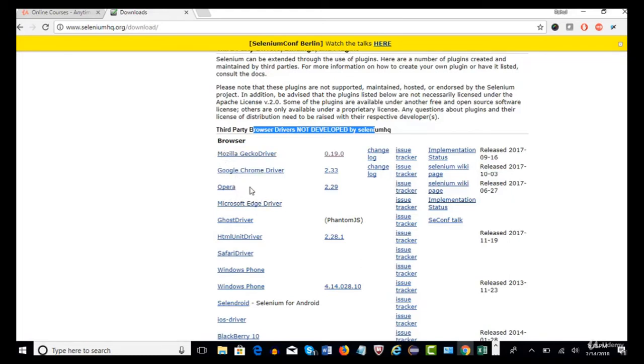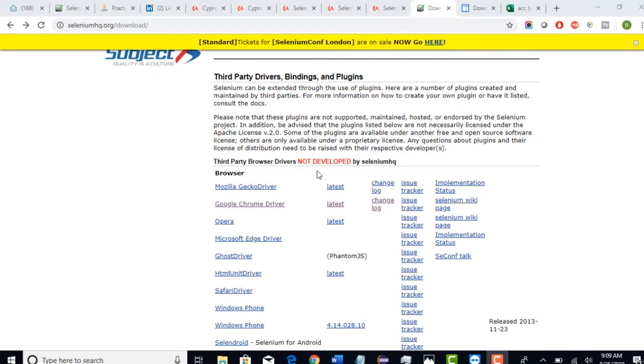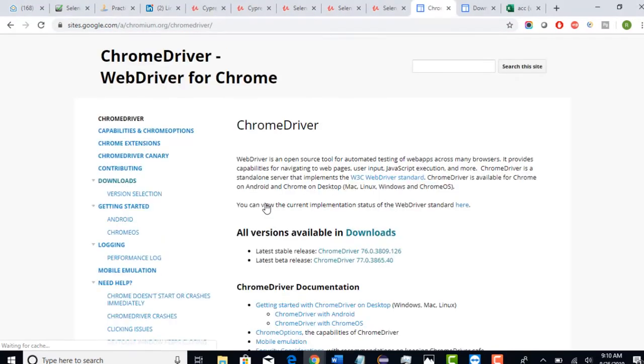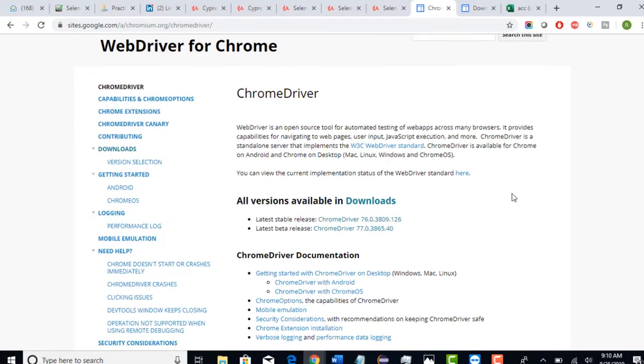If you are using the Opera browser, this is Opera. Like this, all the .exe files are present on the Selenium official website. So first we need to download it. Let's select this Google Chrome driver, and that will take you to this page where you can download the Chrome drivers.